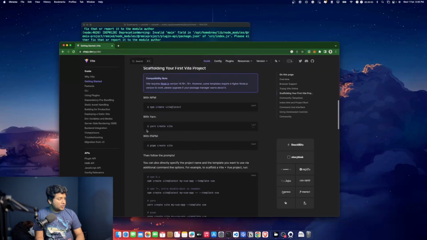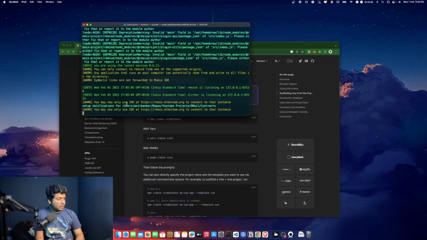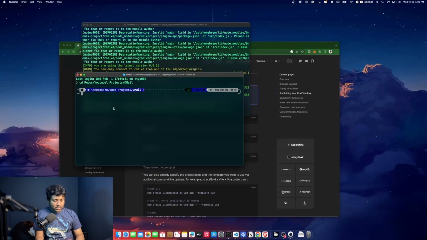It will show that using npm we can use this command to create a Vite project. Once you're in the folder where you want to create the project, just type this command. Even if it is not installed, it will install Vite and then it will ask for a project name. So what we will give it is